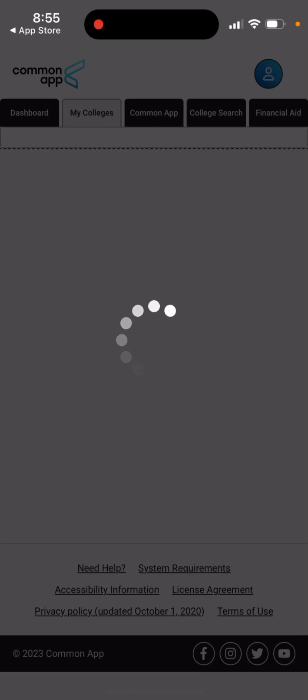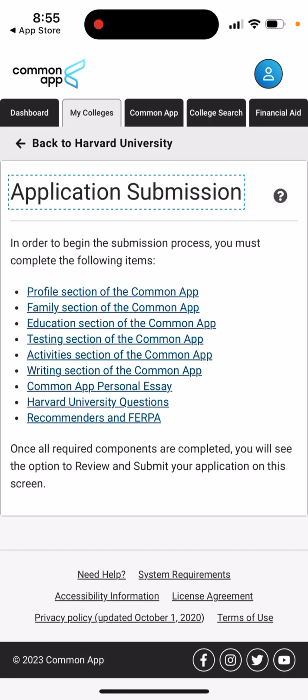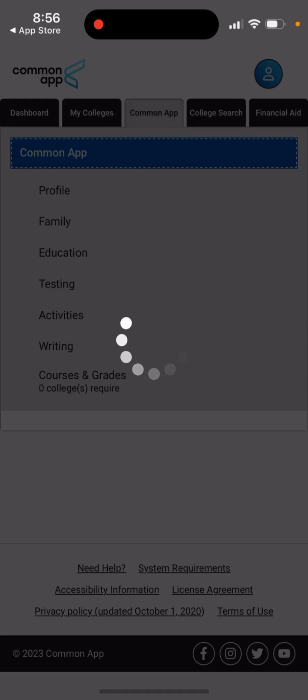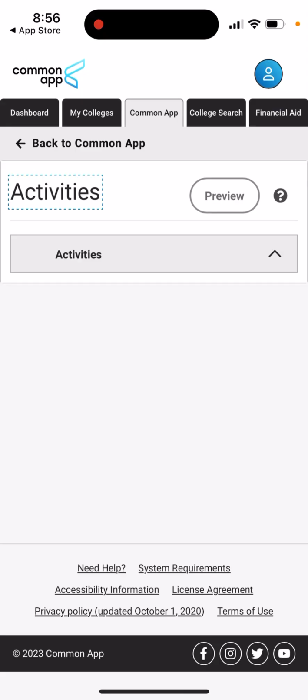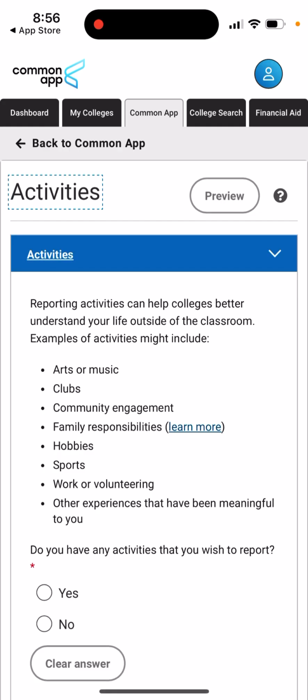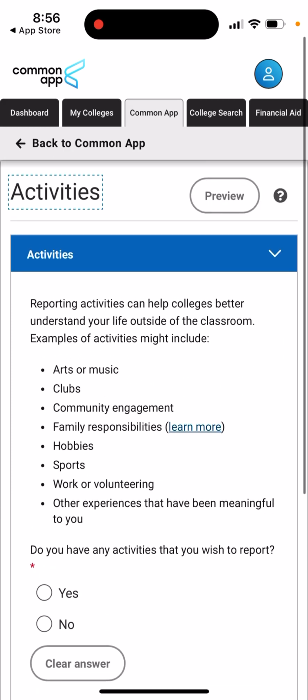So pretty cool. And then you can just upload all of that. What you need, there is a checklist for each college, but first of all you need to have a profile section of the Common App: your family, education, testing, activities, writing. Then you have your personal essay, and then the specific university questions, and then your recommenders. So in your Common App personal profile, you just need to fill out all of these things, answer all of these essays, and then